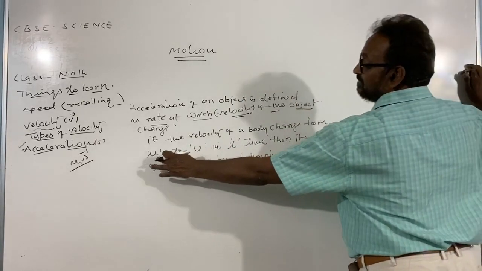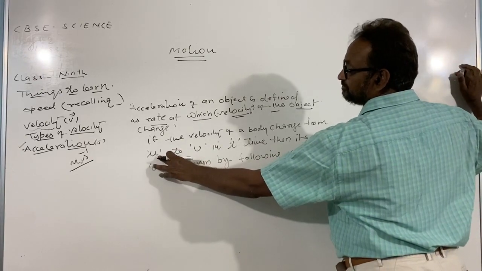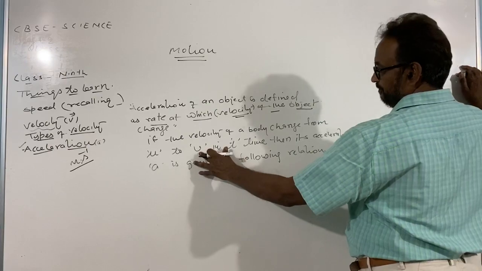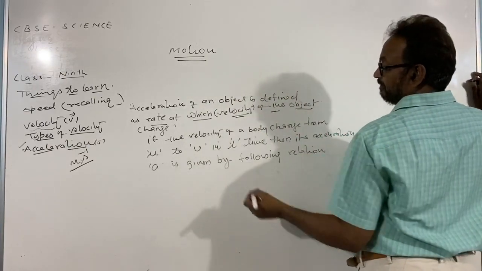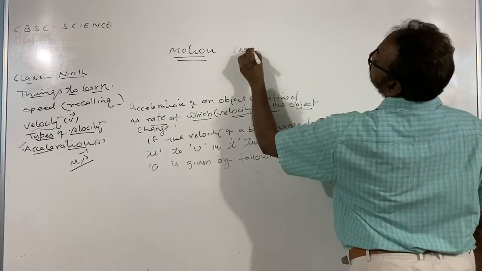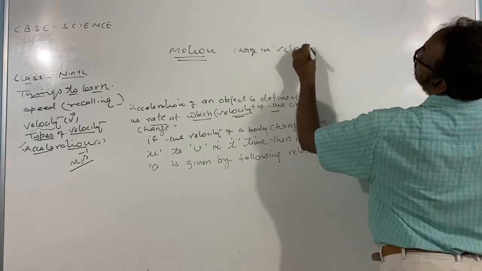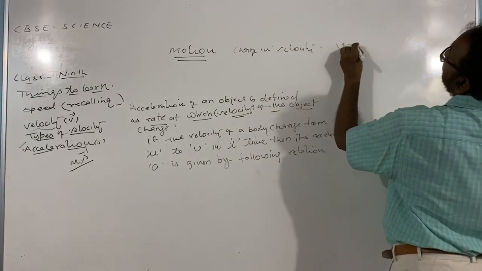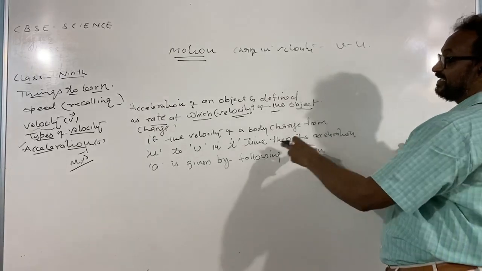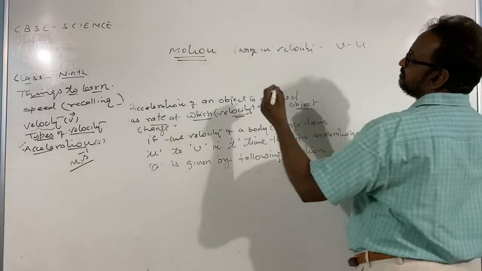The velocity of the body changing from u to v. Initial velocity is u, and after t time its velocity becomes v. So change in velocity is v minus u. And as this change is taking place in t time,